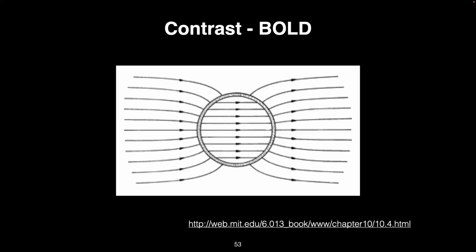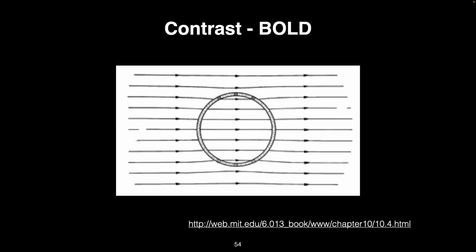Deoxyhemoglobin is making the magnetic field inside that blood vessel a little bit stronger. And that's why in this diagram here, the field lines are closer together. That means a slightly stronger magnetic field. And what Peter had mentioned in his first lecture is that when that region of brain tissue becomes active,